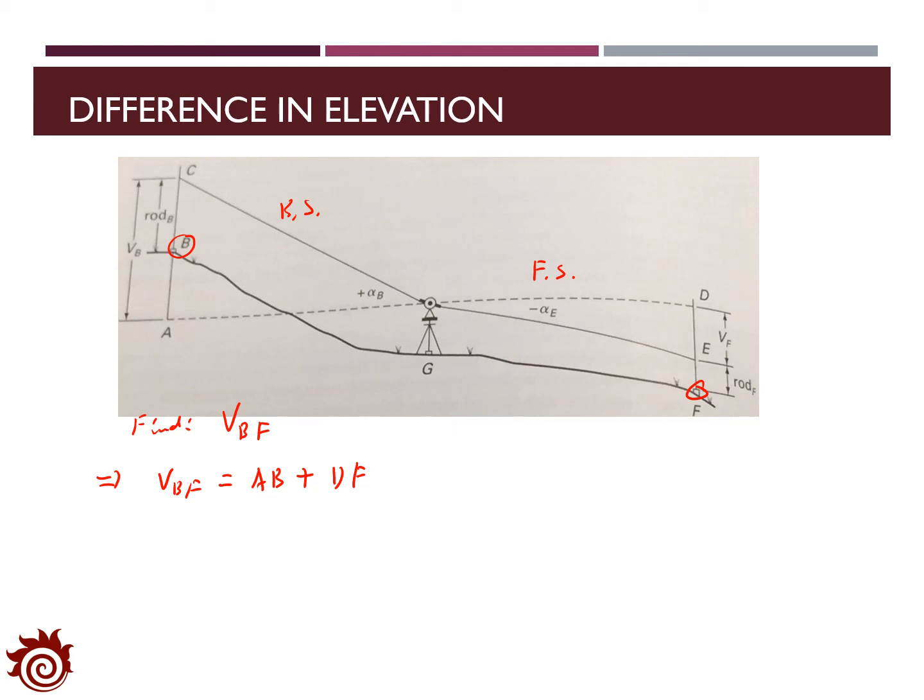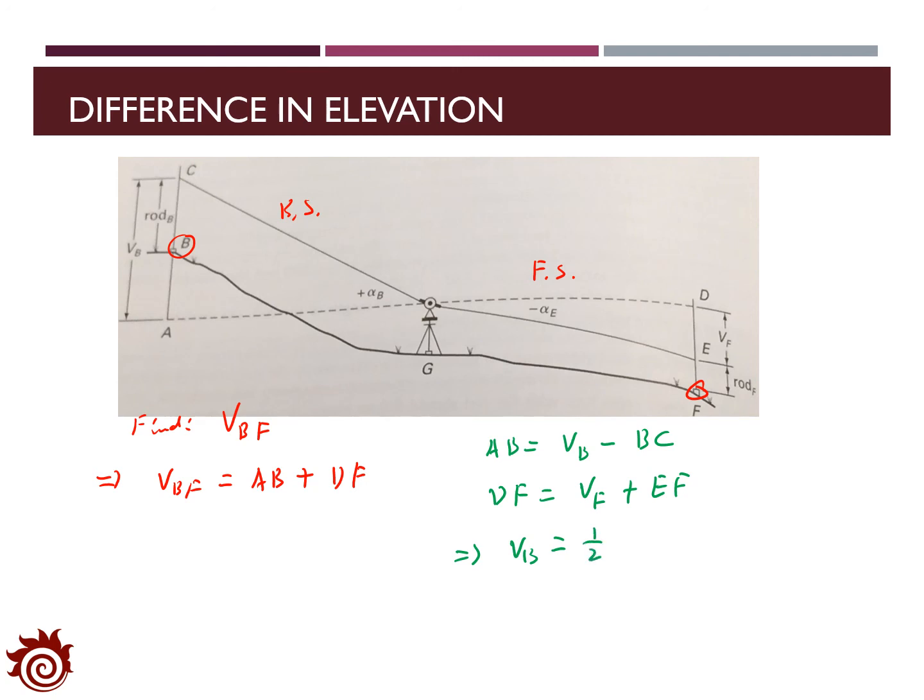We also see that AB equal to the vertical distance at the backside VB minus the reading at the rod, that is BC. For DF, that actually equals to VF plus EF. EF is the reading at the stadium rod. We know VB and VF can all be calculated from the stadium method. VB equals to